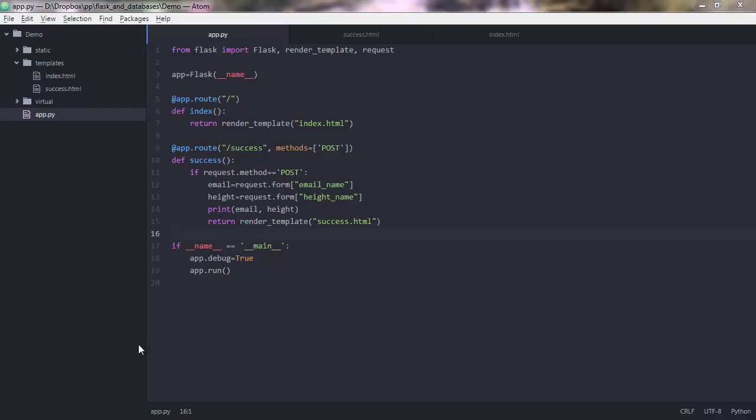Good. Now we have access to the email and to the height values that the user is entering in the front-end interface. And now that we have access to these two values, we'll go ahead and store these values in a PostgreSQL database. And that means you need to have a PostgreSQL database server installed in your computer, and you need to create a table in that database, and then you need to create an email and a height column